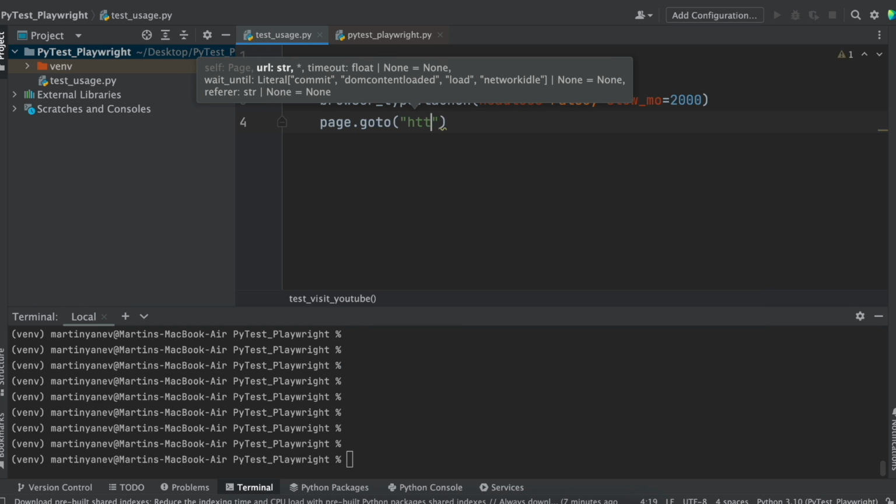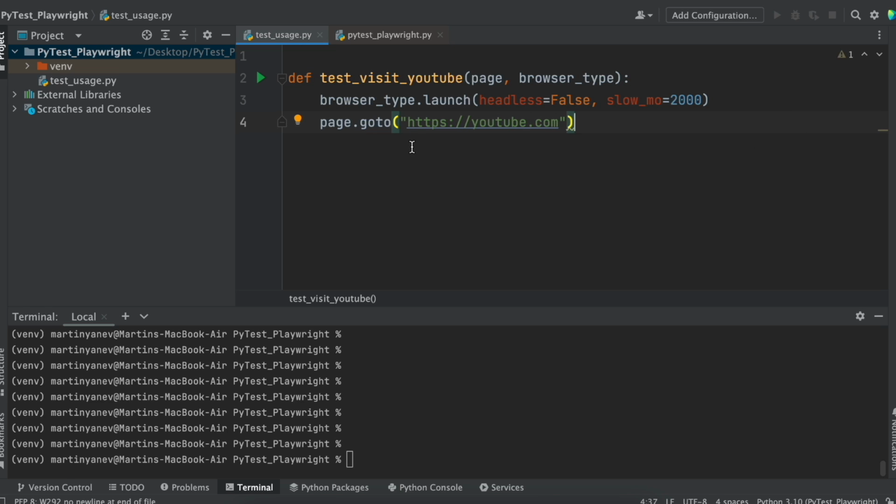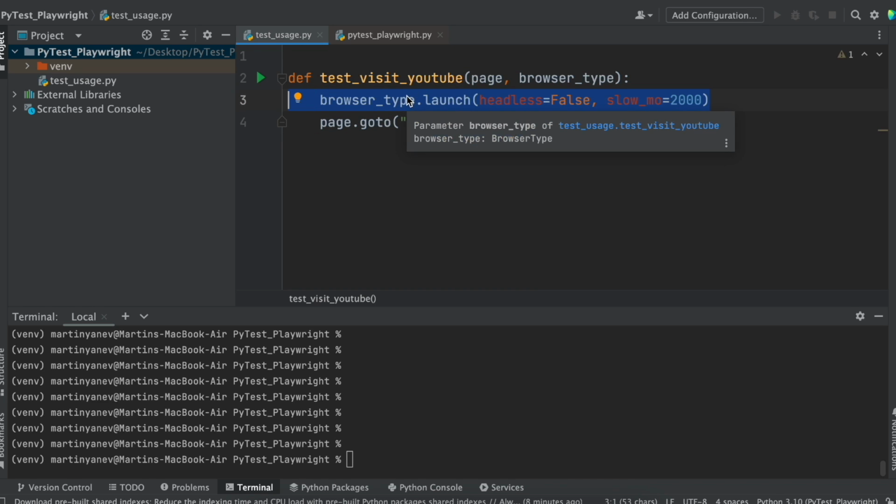So let's do https youtube.com. Okay, so you can see just with 2 lines of code we can basically specify how we would like our test to run and go to the page. You can pretty much skip this line, because this is just specifying the slow motion mainly, so we can